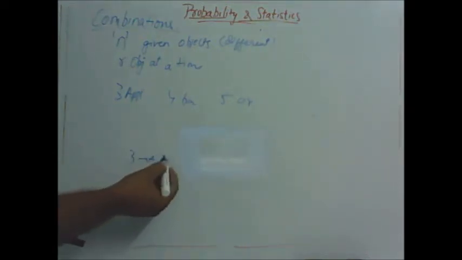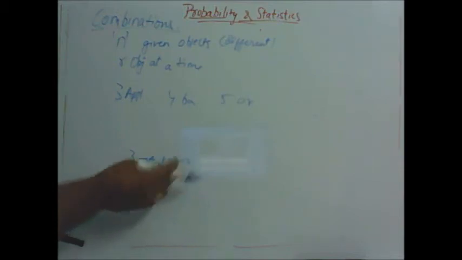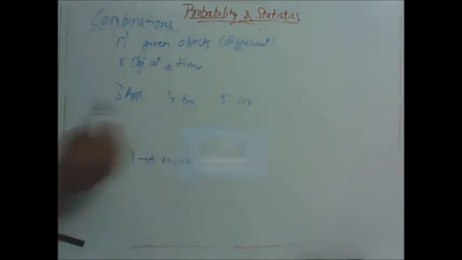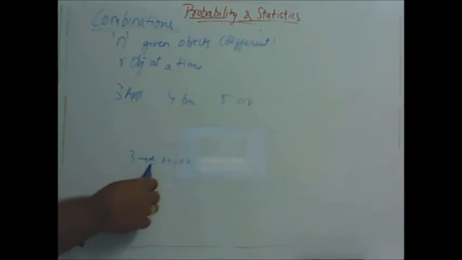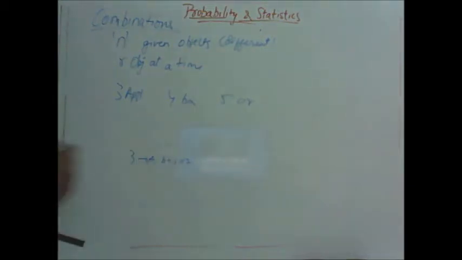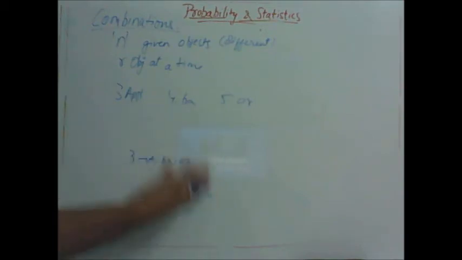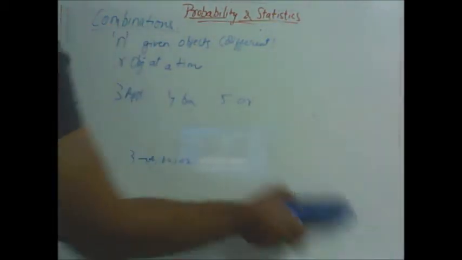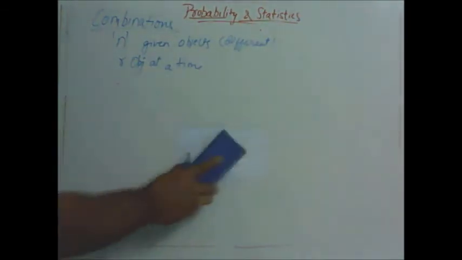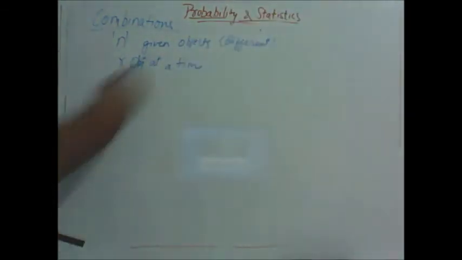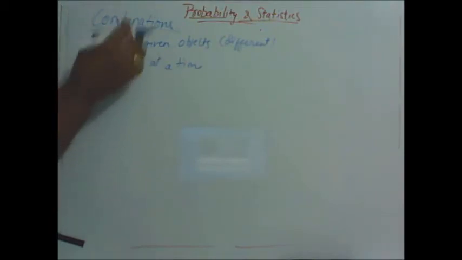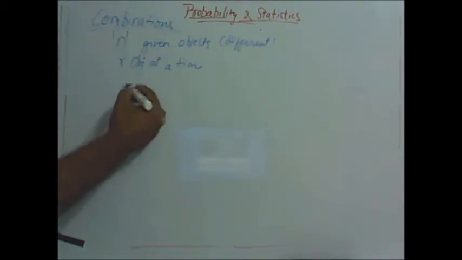One fruit will be apple, one fruit will be banana and another fruit will be orange. So we just want to group orange, banana and apple. We are not concerned whether orange is first or apple is first or banana is first. Anything can be first, anything can be second, but we want all these 3, 1 apple, 1 banana and 1 orange, a group of 3 as a set. So only grouping is important. That time how many combinations are possible? Such questions come under combinations. In this case, if n are different objects and r at a time we want to take, then the number of groupings or number of combinations possible is